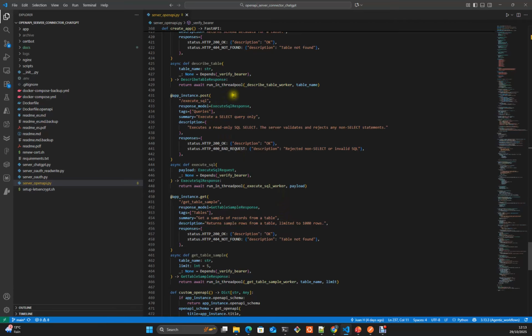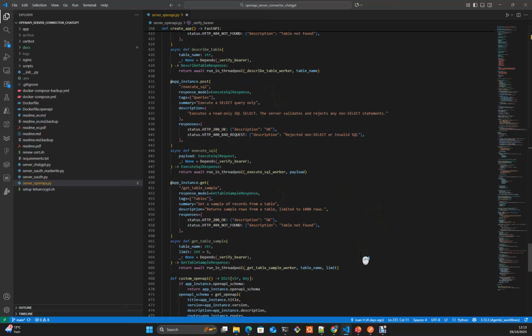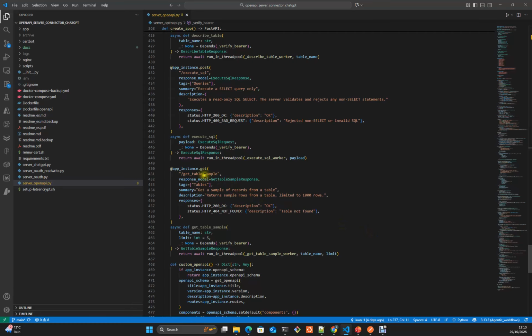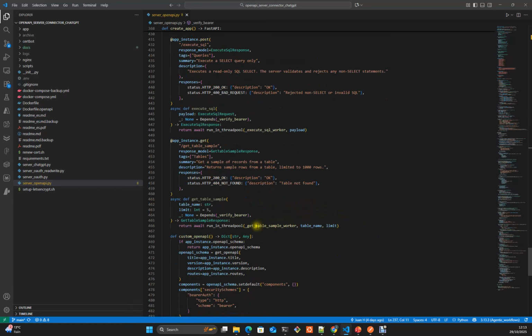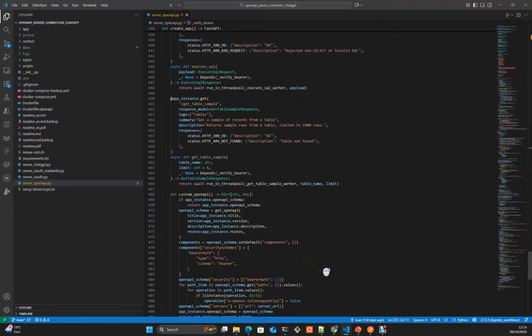This payload, this table, will be sent by the LLM in our ChatGPT subscription in that case. And here get table sample, also with the same get table sample worker. Here the LLM will send the table name and the limit. If you write in your instructions the limit of how many records you want to get, fine. It's not by default, it will be fine.